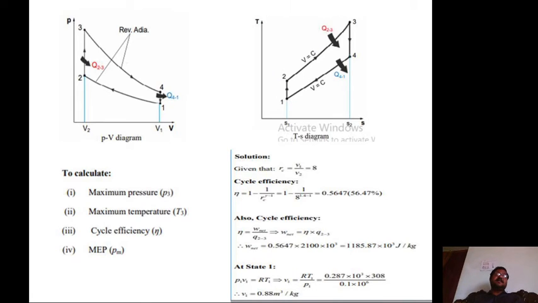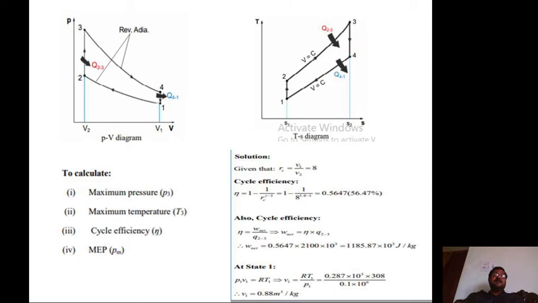After writing this, the PV and TS diagram you must write. After the given data, or else before the given data also you can write it. Some people are writing this diagram in the wrong way, but you have to write like this only. This is a little bit bended and then this is straight lines. If you write these two diagrams, you will get the 2 marks in the examination. So you must be very careful while writing the PV and TS diagram.